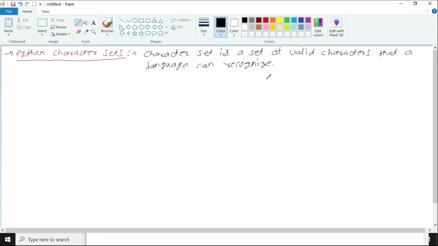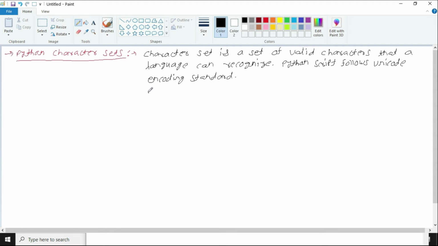And whatever you write in the Python script, that script follows Unicode encoding standards. Hopefully you know about Unicode encoding standards; we already have talked about it. So Python scripts follow the Unicode encoding standard. It means whatever you write in the Python file should be written in the Unicode way. That means A should be written in the Unicode style. All the characters should be written in the Python file in the Unicode style.